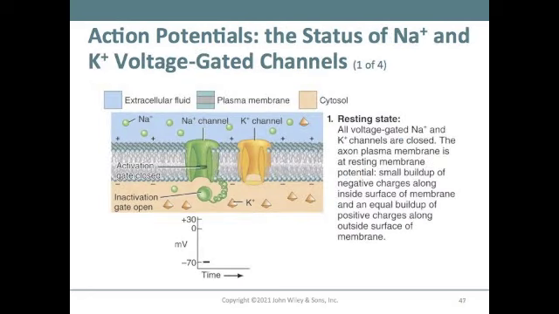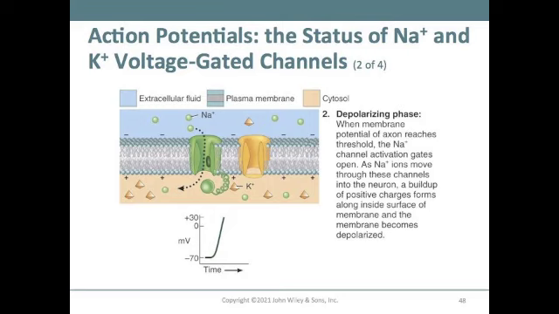Figure 12.20 on page 441 is on one page, but this is actually 4 slides here. So you can see here we're at a resting state. We've got a closed gate here. So this is our sodium channel, and we've got our potassium channel. And we have a positive cell membrane out on the extracellular fluid side, and then the cytosol side, we're negatively charged. But we've got a higher concentration of sodium ions out here, and a higher concentration of potassium ions in here. And then we get some sort of a stimuli where we depolarize. And now all of a sudden these channels open up